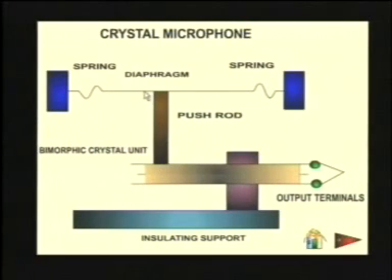The crystal microphone has a diaphragm, once again, which is a very thin metal plate, and a spring system attached to the diaphragm, which makes it move either in the forward or backward direction. This is called a push rod, attached to the diaphragm such that it directly contacts a bimorphic crystal unit. Whenever the push rod moves downward with the help of the diaphragm, it creates a piezoelectric effect on the bimorphic crystal